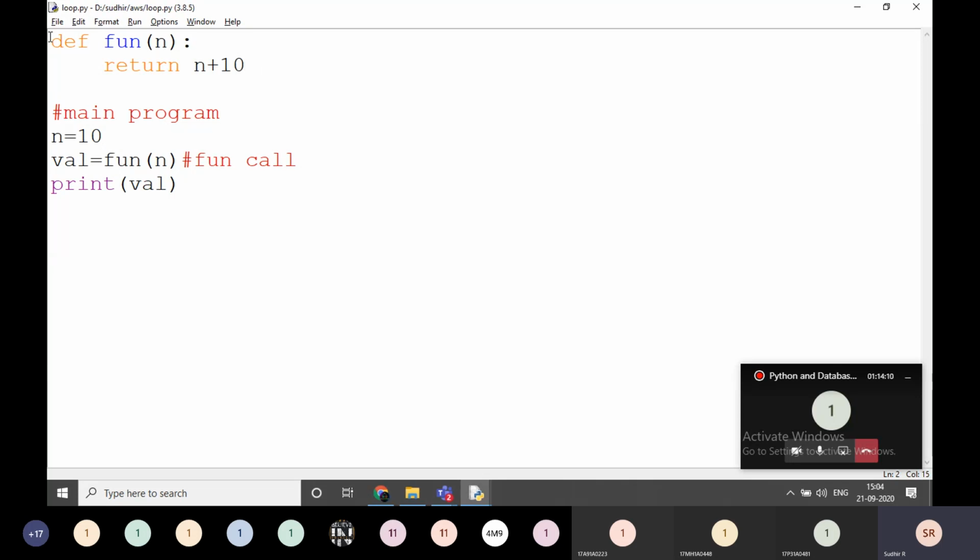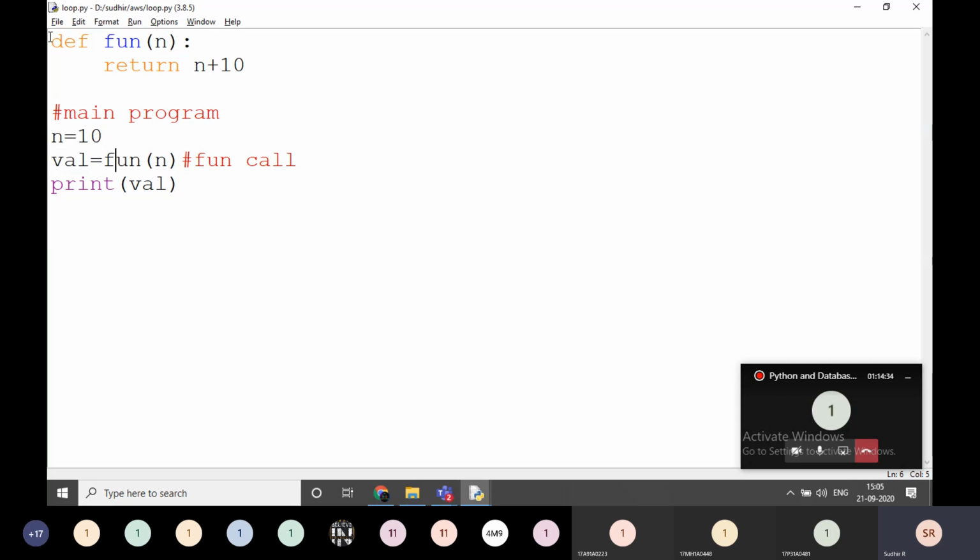What am I returning here? For example, I'm passing 10 here. I'm returning the value as 10 plus 10. The n value is 10, then 10 plus 10. What I'm going to return is going to be caught with this value.